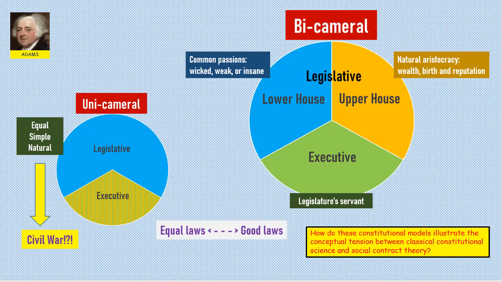The unicameral model is clearly, at least conceptually, more democratic than the bicameral model. The unicameral model treats the people as equal. The bicameral model divides the people into the rich and the poor. Well, the poor is not actually accurate, as we saw with the New York Constitution. The popular assembly had a minimum property requirement, and the Senate just a higher property requirement.